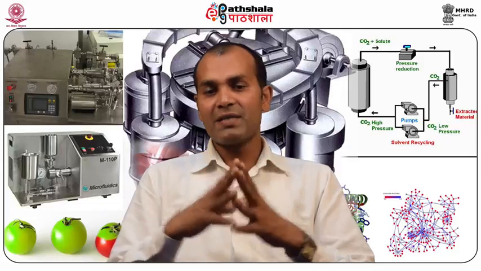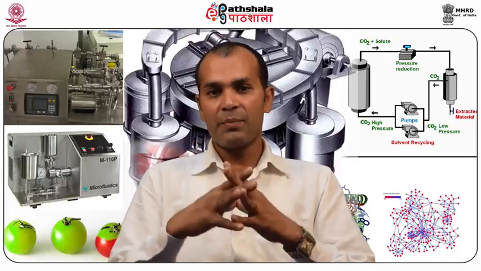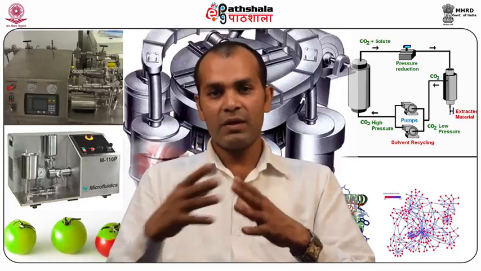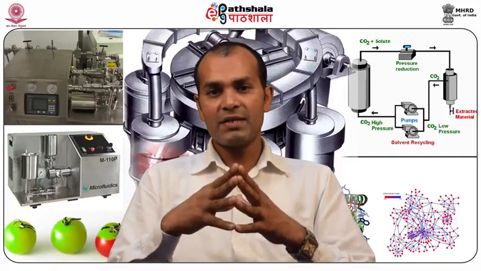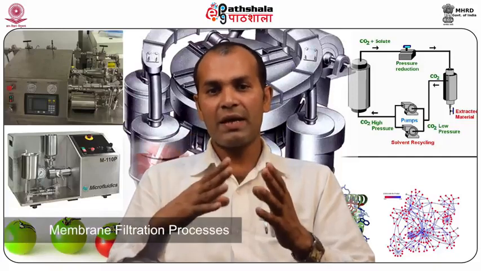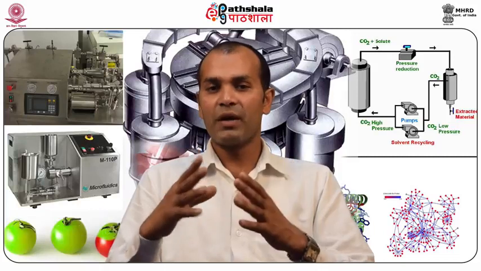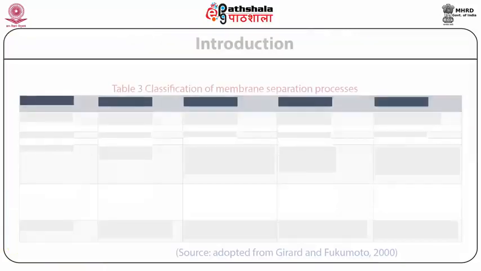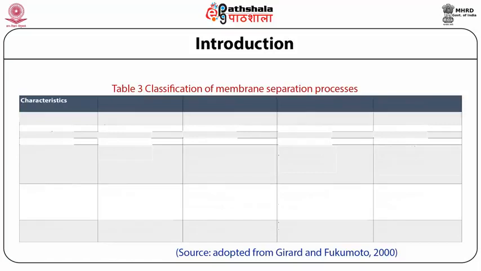So the detailed classification of key membrane processes is present in Table 3, which we will discuss, while size ranges of membrane filtration processes and common substances are shown in Figure 2. Table 3 shows the classification of membrane separation processes. Here different things are given, like characteristics, which include membrane thickness, pore size, driving force, which components are rejected, and what type of membrane material is used. And these are the 4 processes: MF, UF, NF and RO.